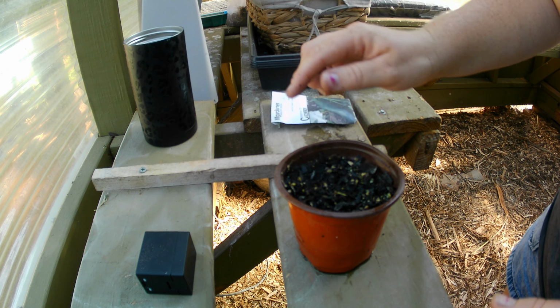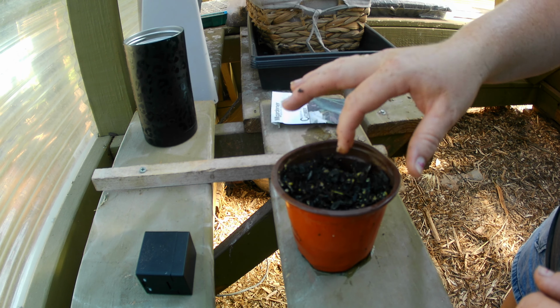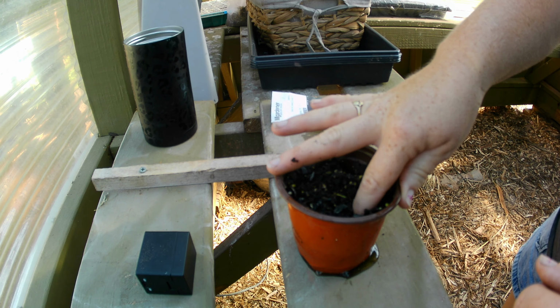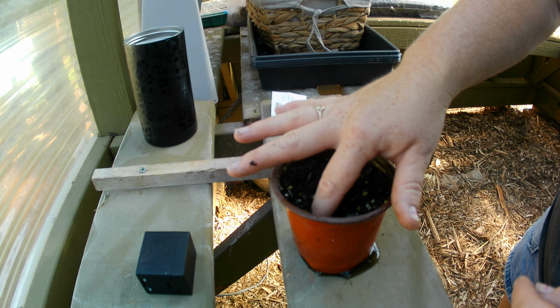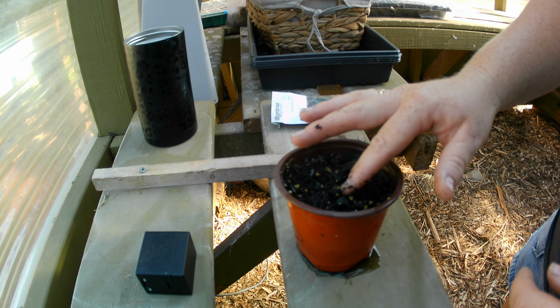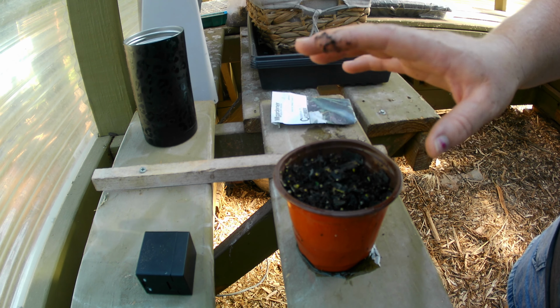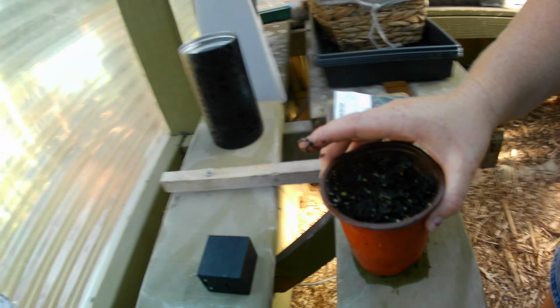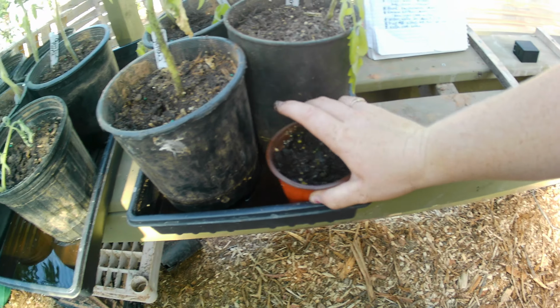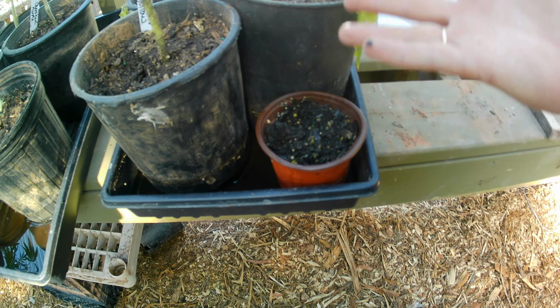Cucumber seeds need to be planted about 1 inch deep. So I'm just going to press those in until I reach about my first knuckle. And then I'm just going to cover it up. If my soil wasn't already moist, this is when I would give it a good watering. But it's already moist. So I'm just going to set it in one of these trays that I have with other plants, with just a little teeny tiny bit of water in it, so that it always has a constant moisture